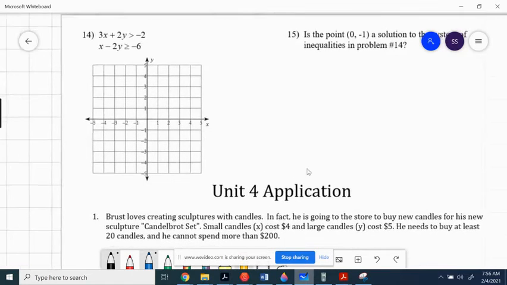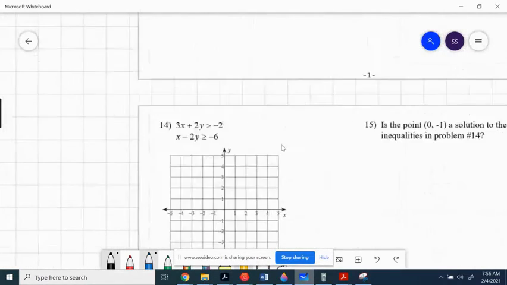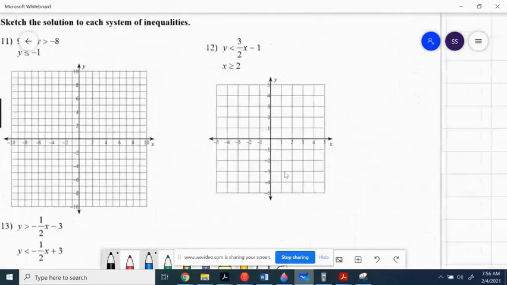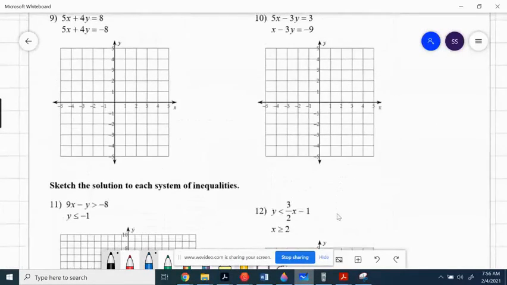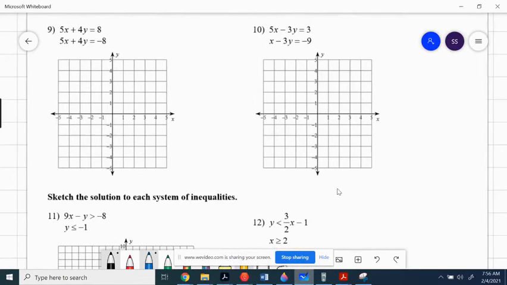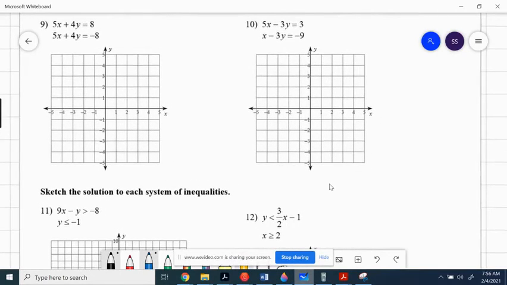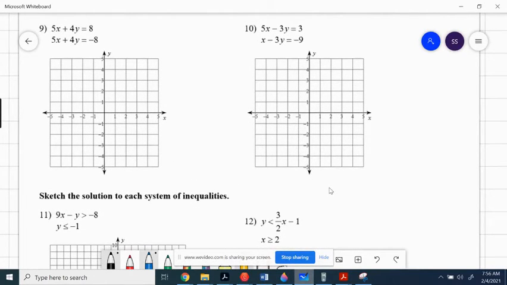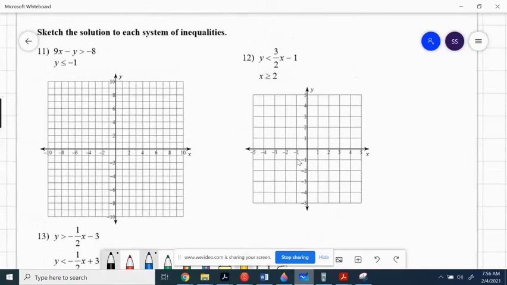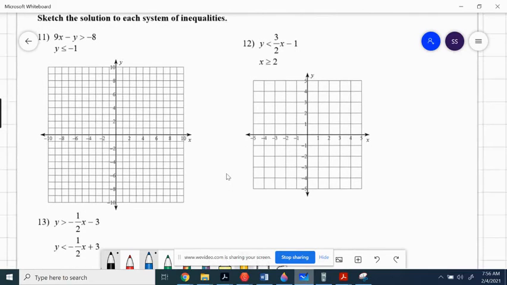Let's see what else we have. And then we've got just 9 to 10 more solving systems by graphing. So put them in slope-intercept form, find the intersection. 11 and 12, we have systems of inequalities. These are pretty basic examples, and there's not very many of them,